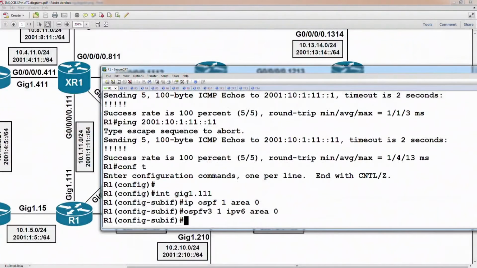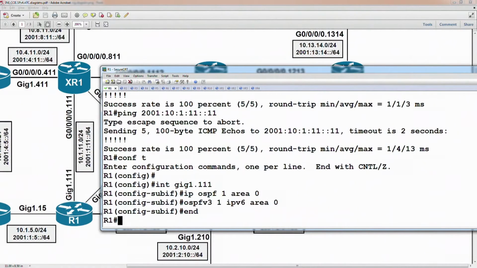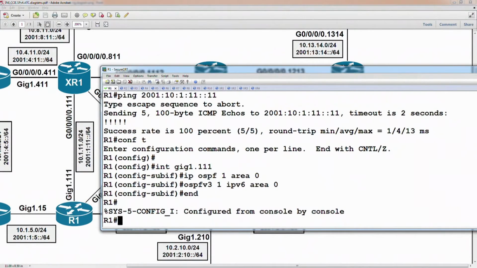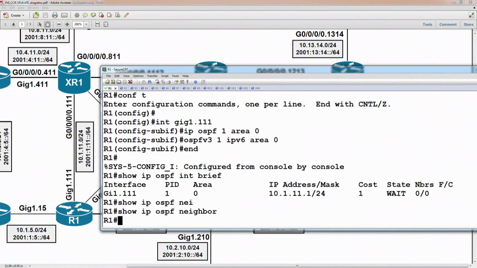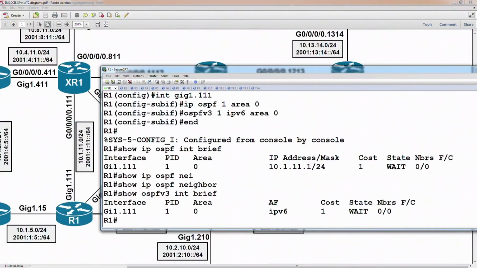So when we go to do our verifications, it means we need to use 2 different formats of syntax. We need to say show ip ospf interface brief and show ip ospf neighbors, and show ospfv3 interface brief and show ospfv3